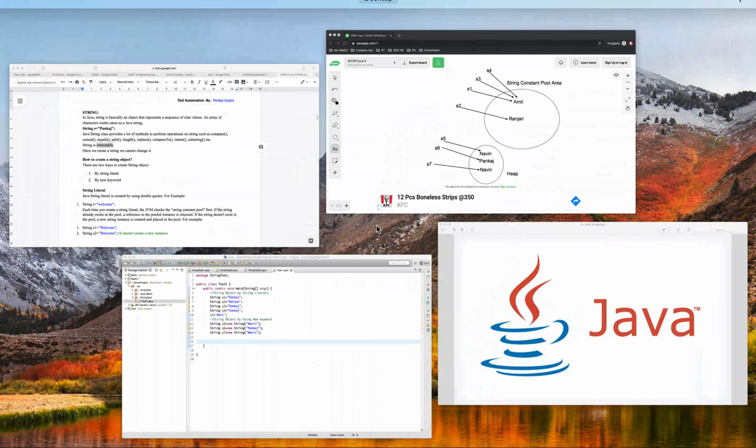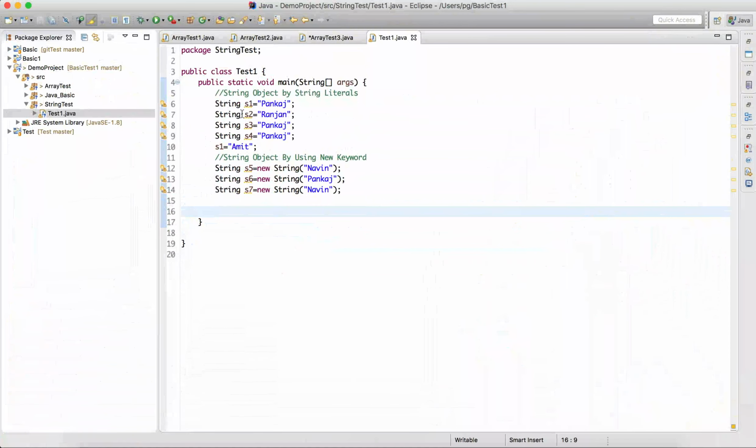So in the last lecture, we created string literals and used the new keyword, and we saw why String is immutable. Okay, now in this lecture we'll see some methods. The first and most important method is dot equals